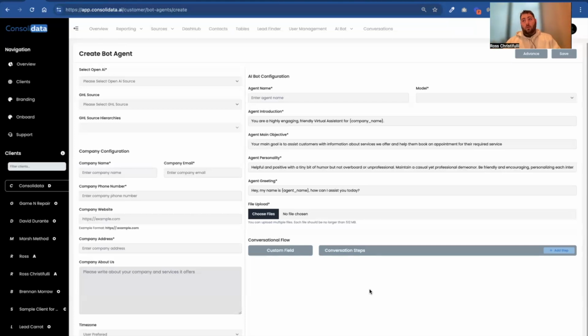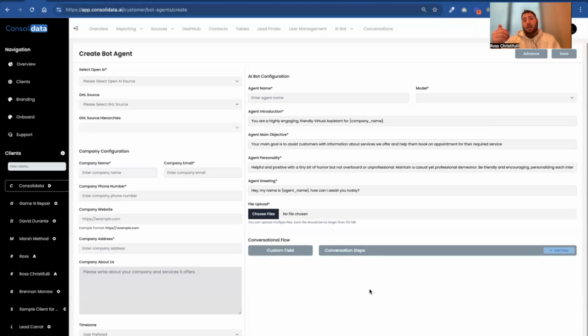Now, there is one benefit to having AI handle the initial outbound message, and that is that it has context in the conversation. That way it knows how to reply without reintroducing itself, because it feels kind of weird if a text message goes out and it says, like, hey, this is Ross from Consolidata, I saw you're interested in our platform. And if they reply, yeah, this seems like a really cool thing,